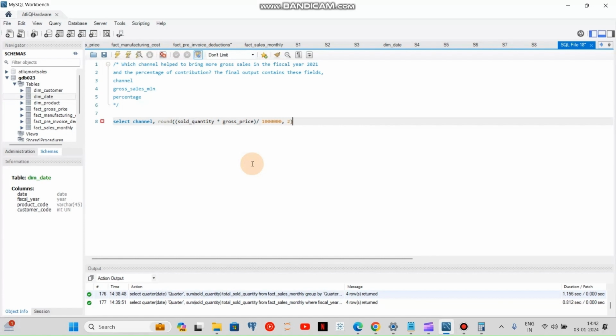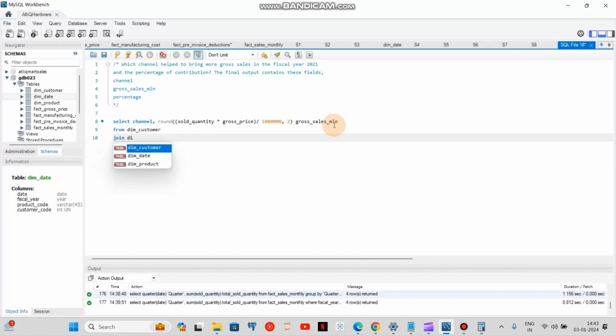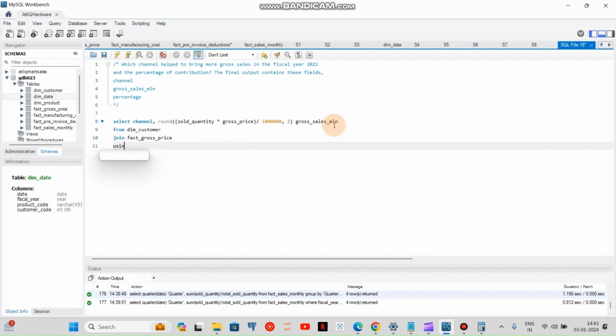I'll say 2 decimal places, and I want this as gross sales million. Okay, and I want this from dim customer join fact gross price using,